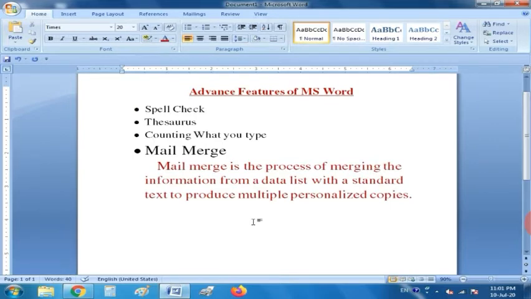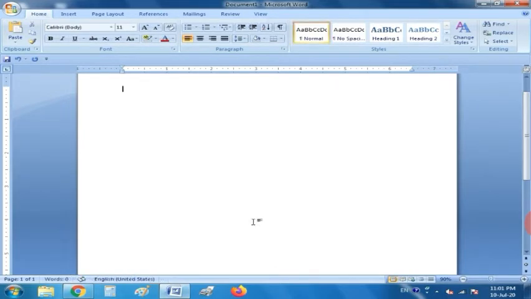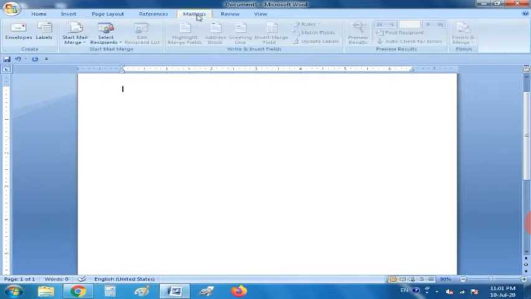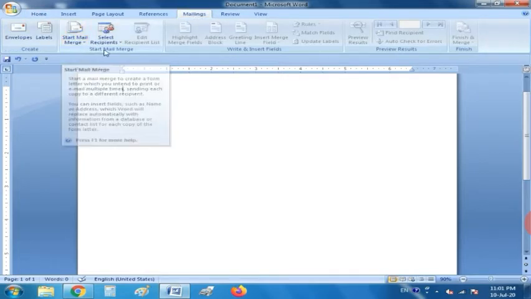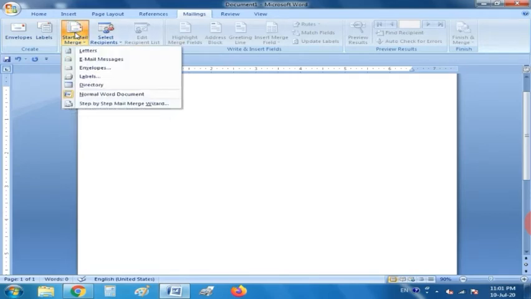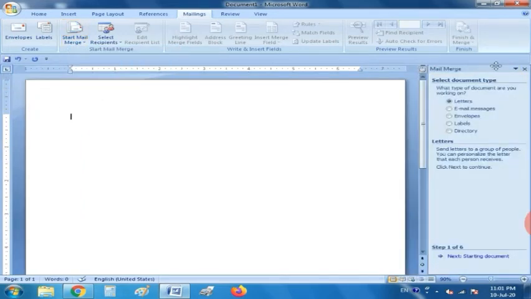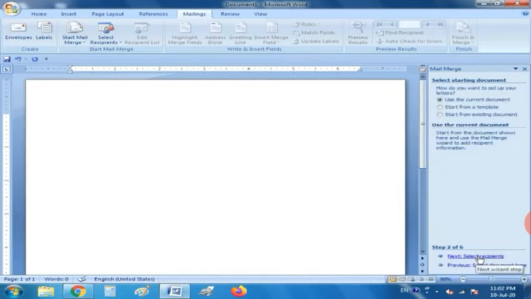Students, you have to follow some steps for this. Number one, get the main document. Second, create a list of recipients. Third, insert data fields. And fourth, merge both documents, and the merged letters will be ready. Clear? For this, students, you have to click on the mailing tab, then select the start mail merge option and click on step by step. Now students, as you can see, first select letters, which is already selected. Second one is use the current document, then click on next recipients.